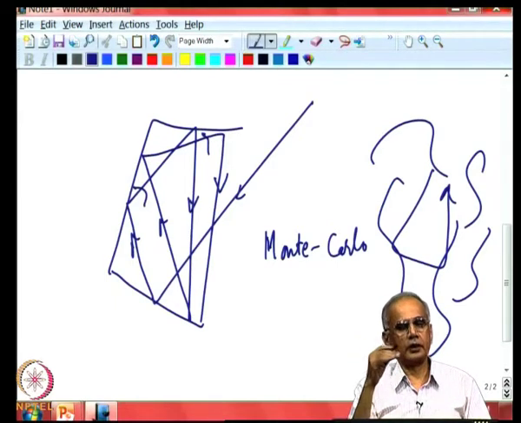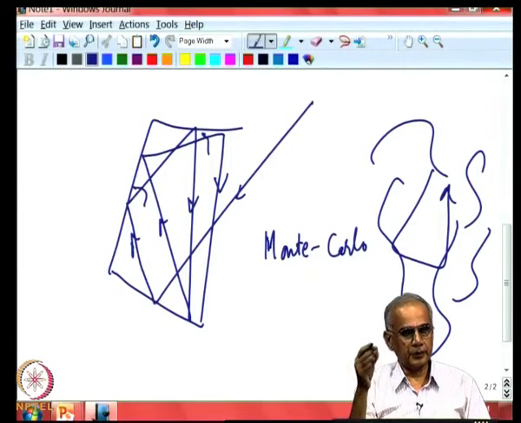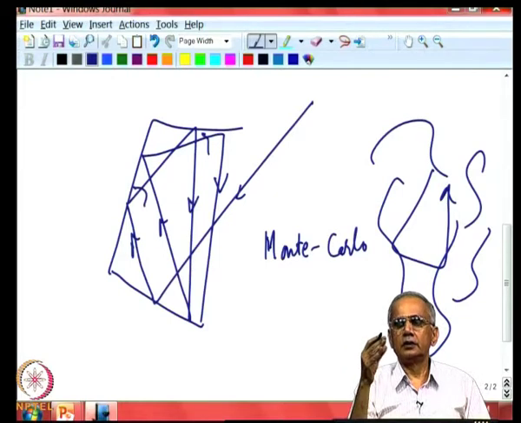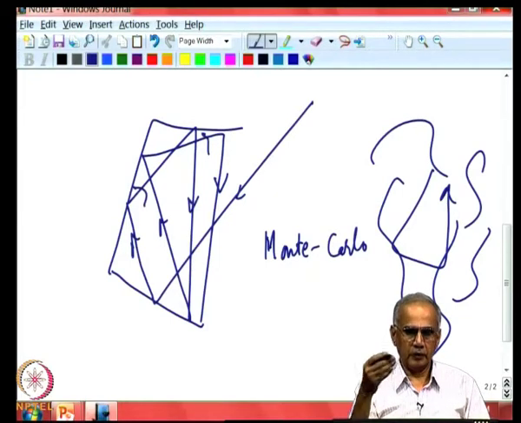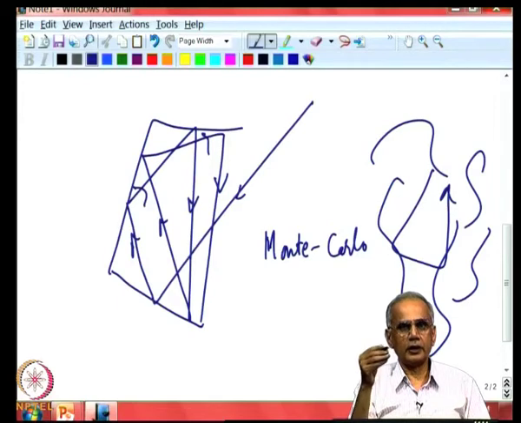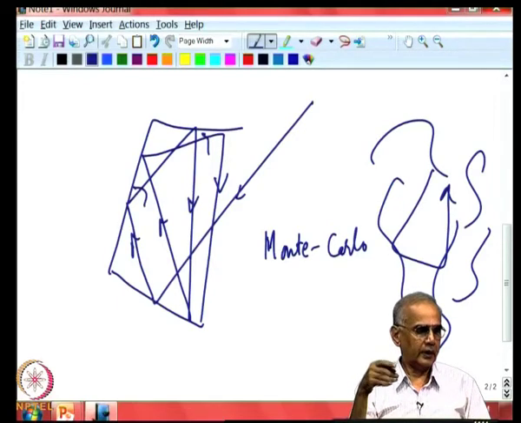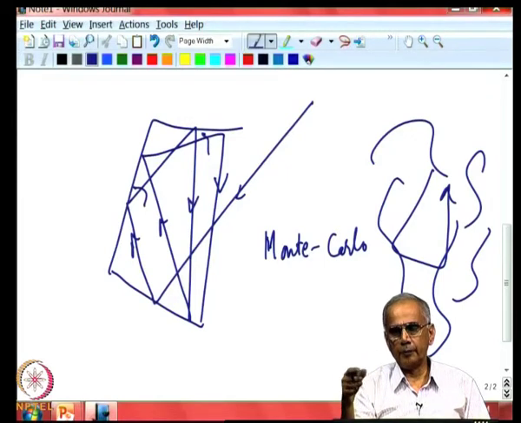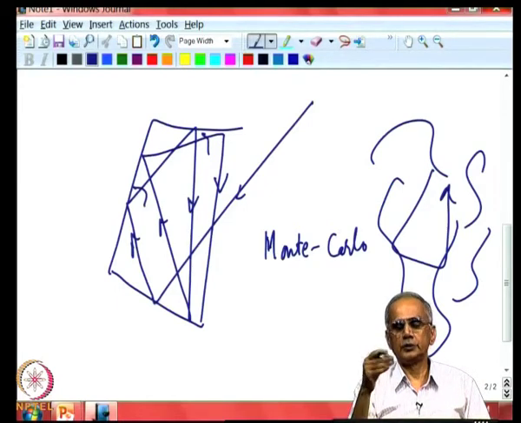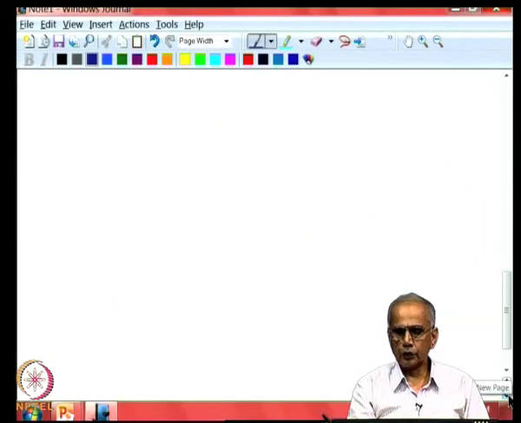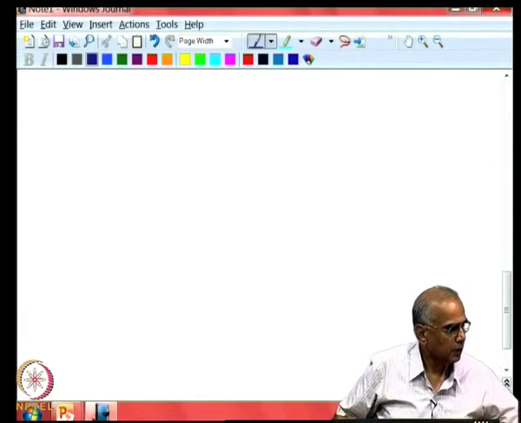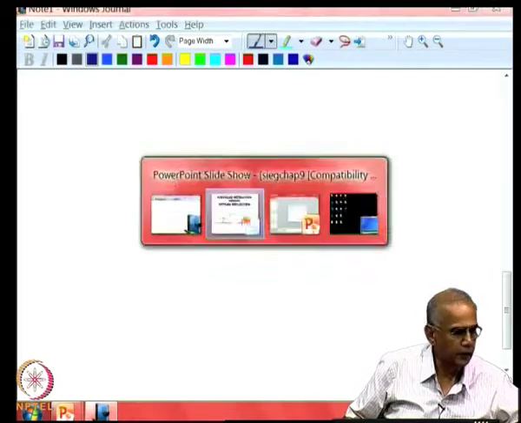If all these three conditions are satisfied, it makes sense to go to Monte Carlo. But there are also other examples wherein the geometry is fairly simple, maybe only one or two surfaces are reflecting specularly, and the rest are reflecting diffusely. If that is the case, one can still extend the techniques we have developed for diffuse isotropic reflector emitter to an enclosure with a few surfaces which are specular. So, that is what we are going to now focus on. Now, let us take some simple examples first to highlight the role of.